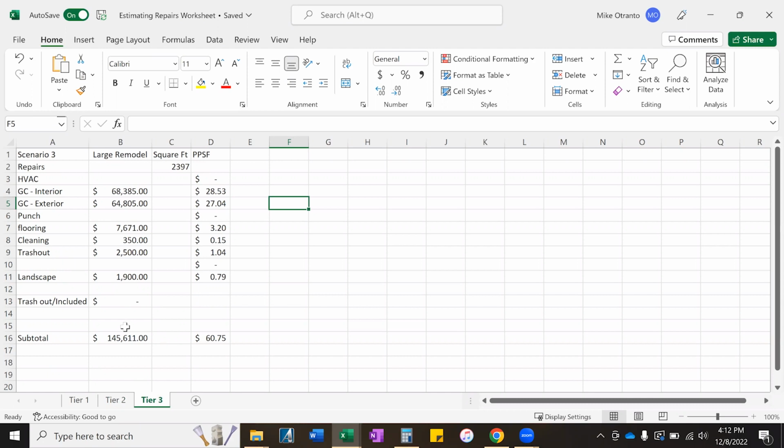That was $145,000. It was broken up into interior, $68,000 on the interior, $64,000 on the exterior, $7,600 in flooring, about $3.20 a square foot because we did LVP, $350 to clean, which was a good deal, and $25,000 to trash out, $1,900 in landscaping. That yard was messed up. Plus, I retailed this house at $650,000, so we needed to do a little bit nicer